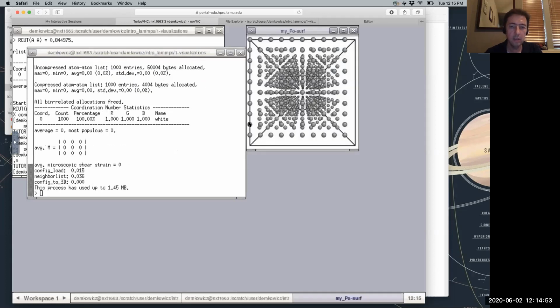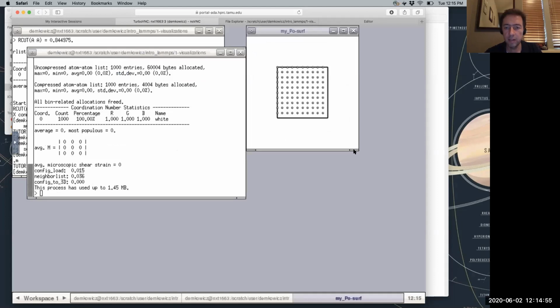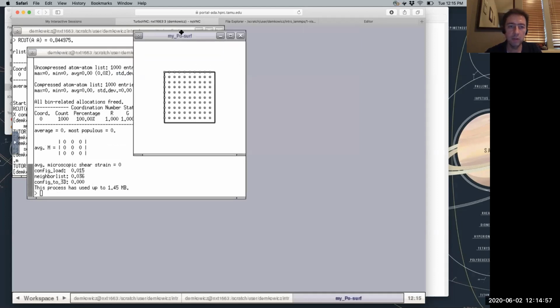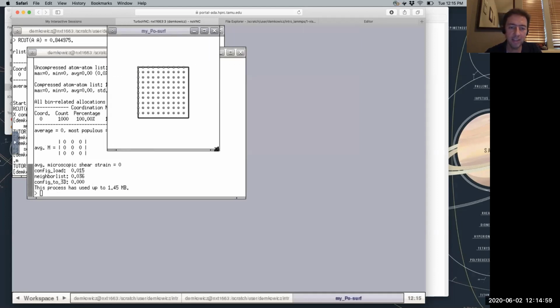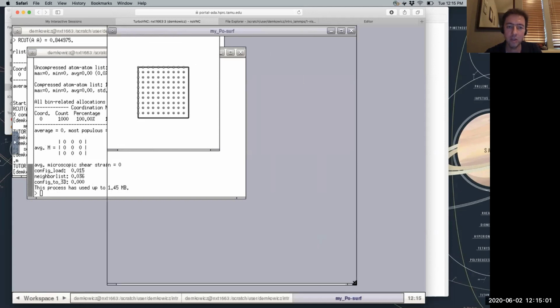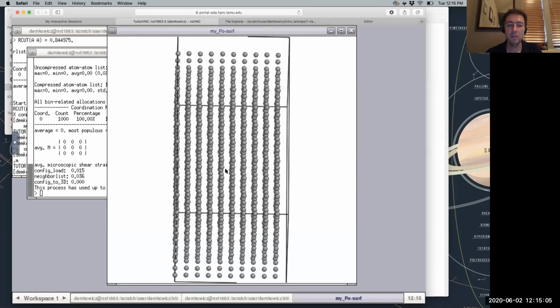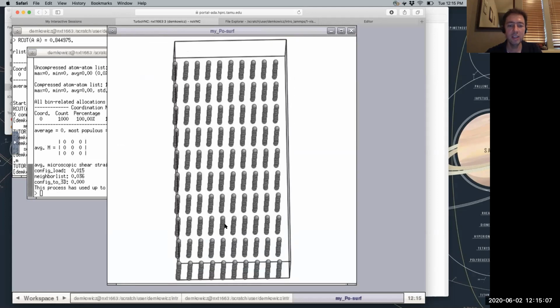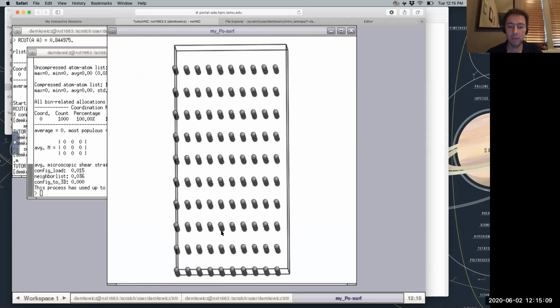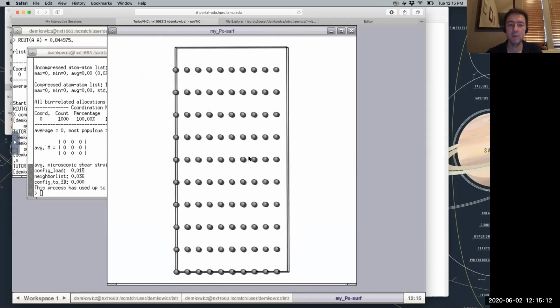mypo-surf.cfg. Right, so here's that file that I just made where I've increased one of the dimensions. Now, of course, you can't see it because that dimension that I've increased is going into the model, right? But if I rotate, you'll see that one of the dimensions has gotten twice as long. And what that basically did is it just increased the spacing between the atoms in that direction to be twice as much as in the other case, right?